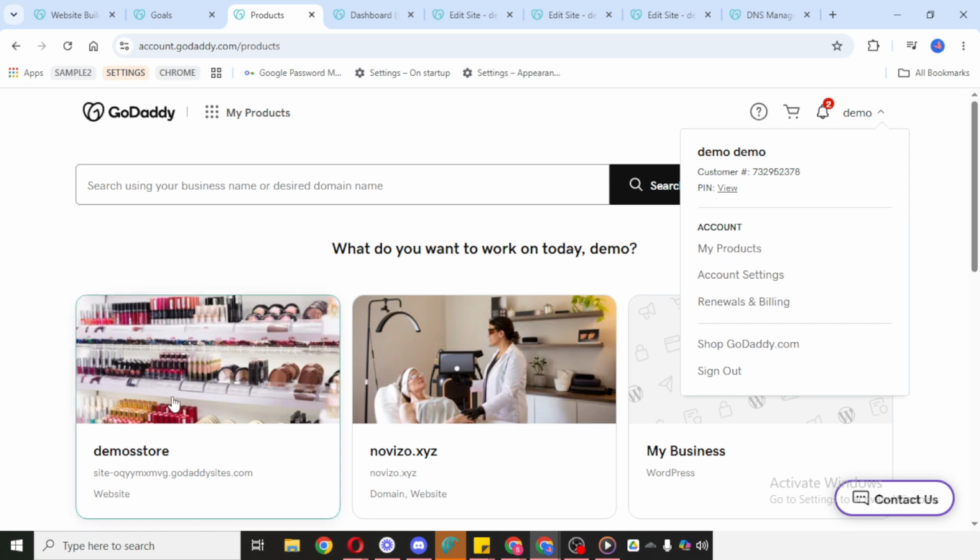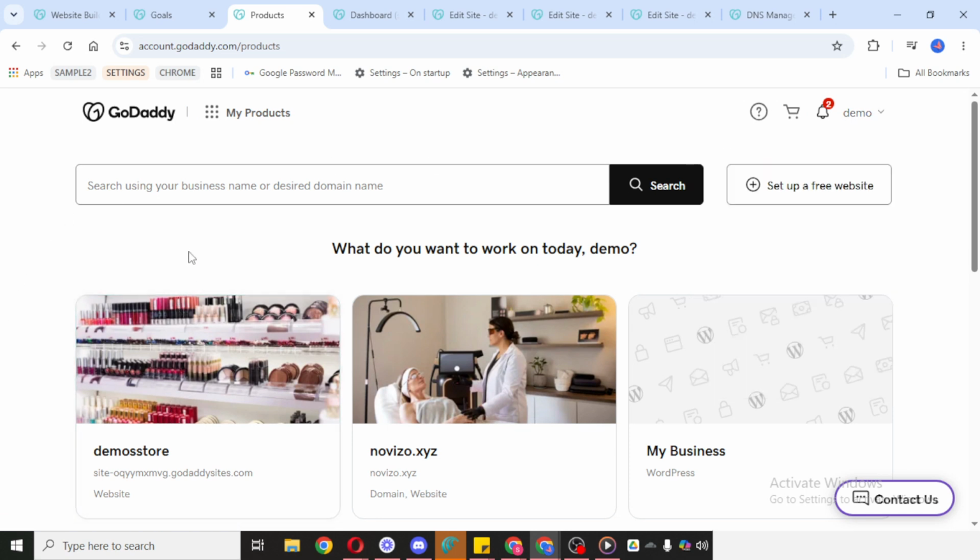When you find the correct website, select it and choose the option to edit the website. This will open the GoDaddy Website Builder editor, where you can make changes to your site visually and in real time. Once you're inside the editor, go to the specific page where you want your blog to appear.